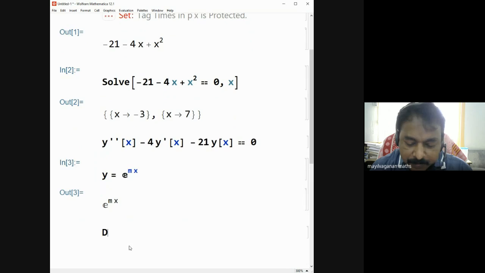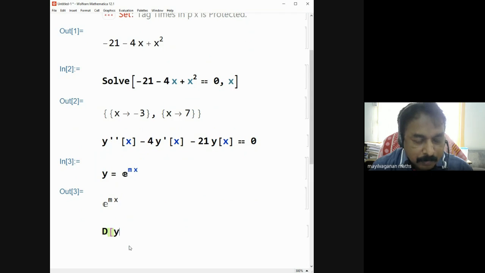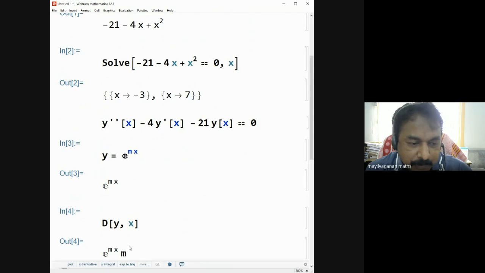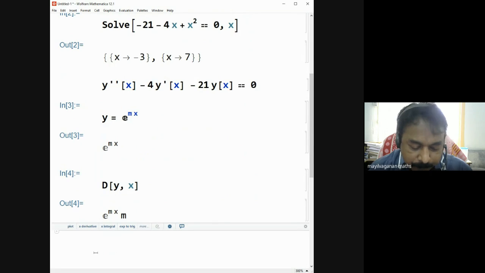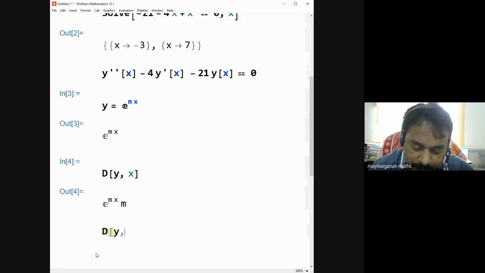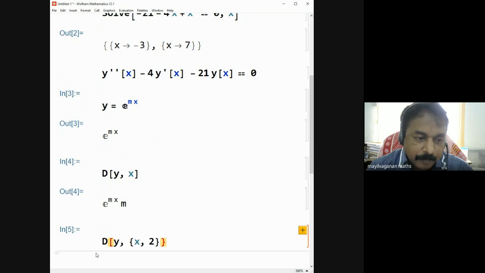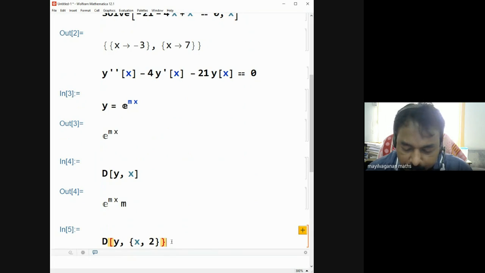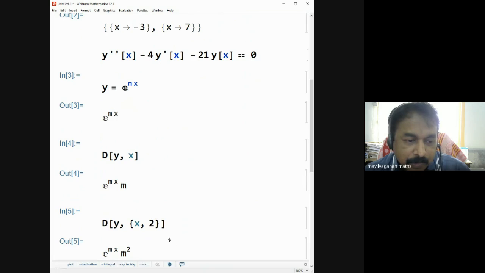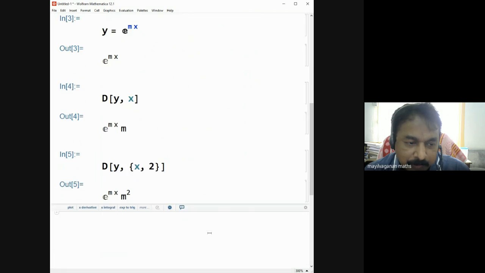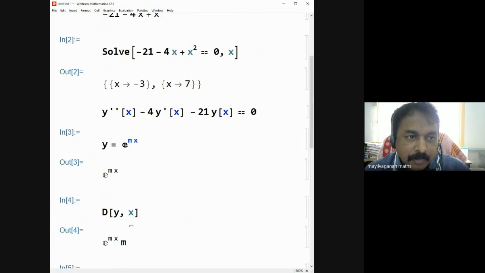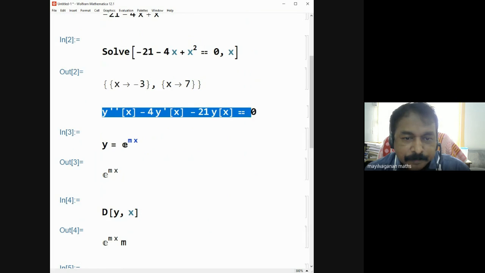Then we differentiate y with respect to x to find its first order derivative, and then differentiate again y with respect to x twice to find its second order derivative. So if you replace y by e power mx, y dash by m into e power mx, and y double dash by m squared into e power mx,